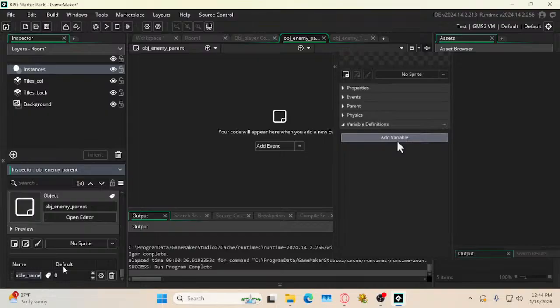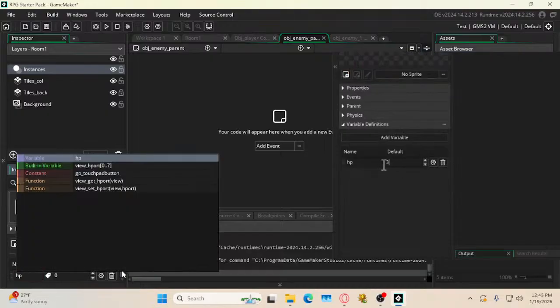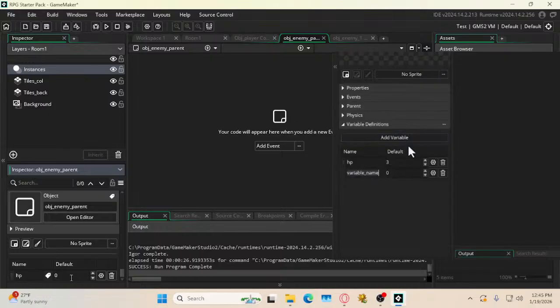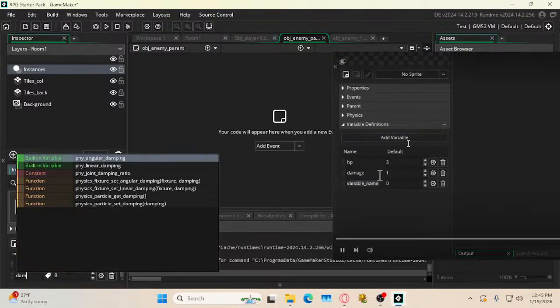Add variable. To add our first variable to this object. The first variable will be HP, which is the amount of health that this enemy has. I'll set this to 3. Then let's create another variable called damage. This is how much damage it does to the player. I'll set it to 1. Then let's create a variable called